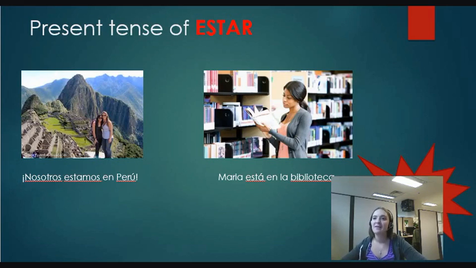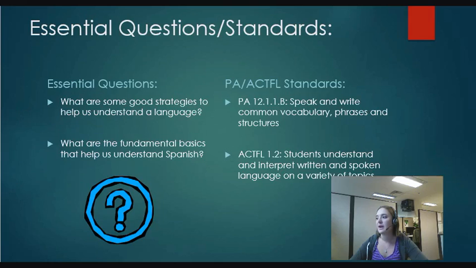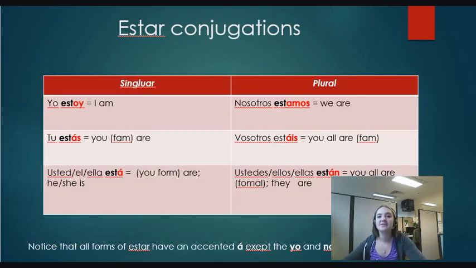What I mean by that is, we've already talked about using the verb ser to say I am, you are, he is, etc. Am, is, and are. Well, the second way to say that deals with the verb estar. So you've got the present tense, which deals with the 6 categories of pronouns that we've already reviewed. And I want to show you what the verb estar looks like when you pull it apart with those different